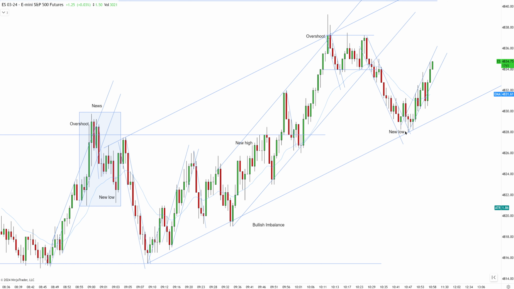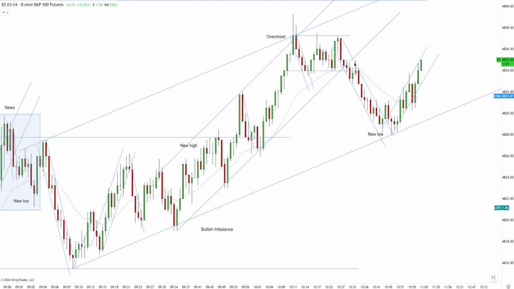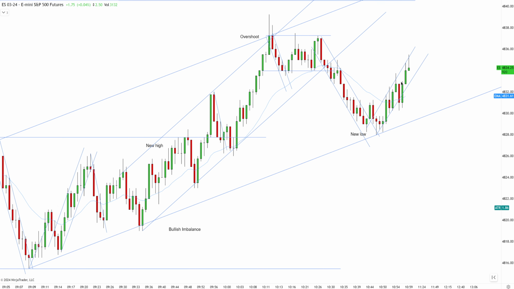Also, we have bullish imbalance, so we establish a wider uptrend. This is where the correction phase will end and a brand new push phase will begin. It was double bar entry because we closed higher here. As you can see, we didn't get filled, and now we already reached the scalp. So I need to cancel the order.